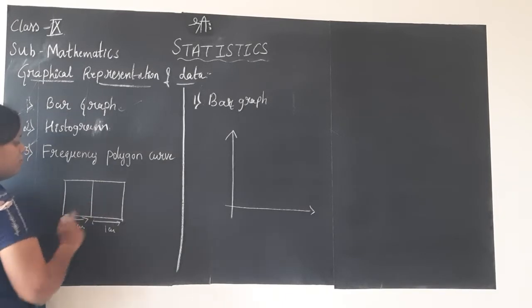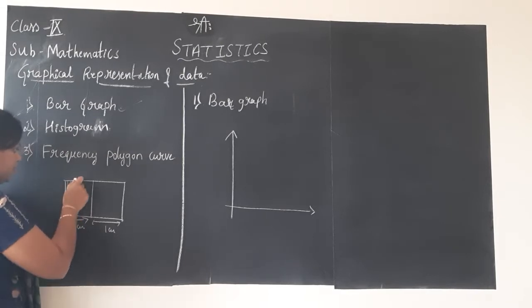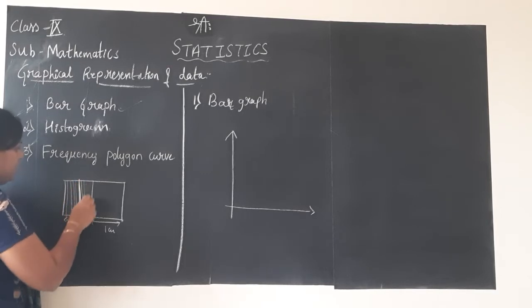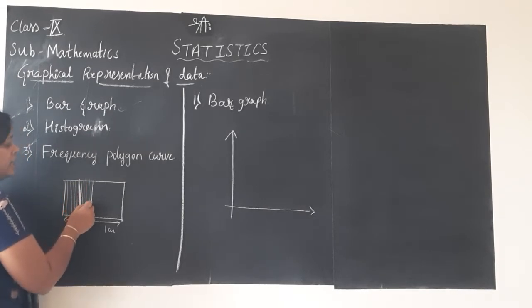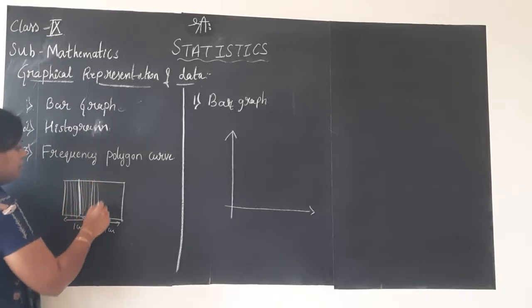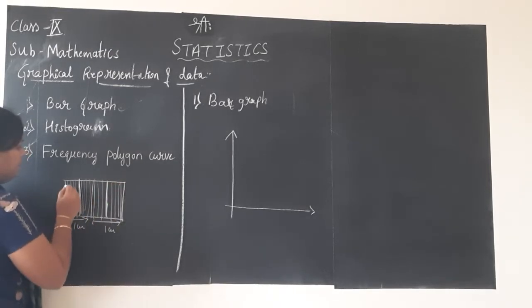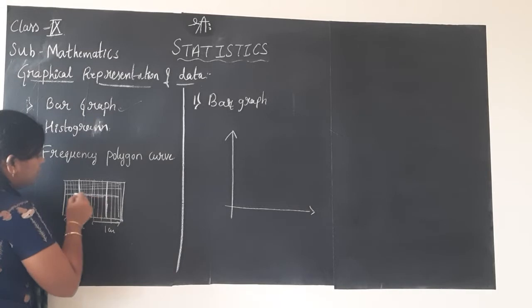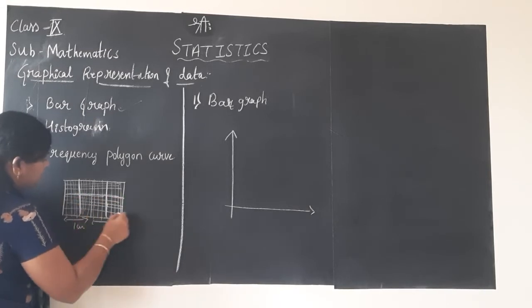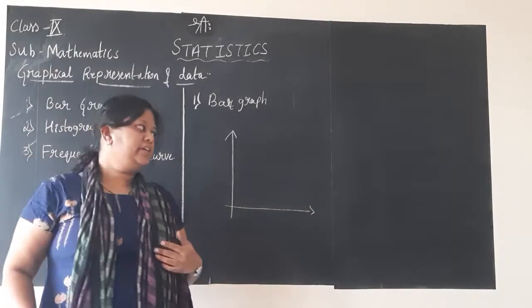Like this you will be having boxes and you will be having 10 lines. Fifth line will be a little darker comparatively. Again 6, 7, 8, 9 and 10. 1, 2, 3, 4, 5. 5 is a thicker line. 6, 7, 8, 9, 10. Again 1, 2, 3, 4, 5 is a bit thicker. 6, 7, 8, 9 and 10. If you go this way also, 1, 2, 3, 4, fifth line will be a bit darker, 6, 7, 8, 9, 10. Like this you will be having in the graph sheets.